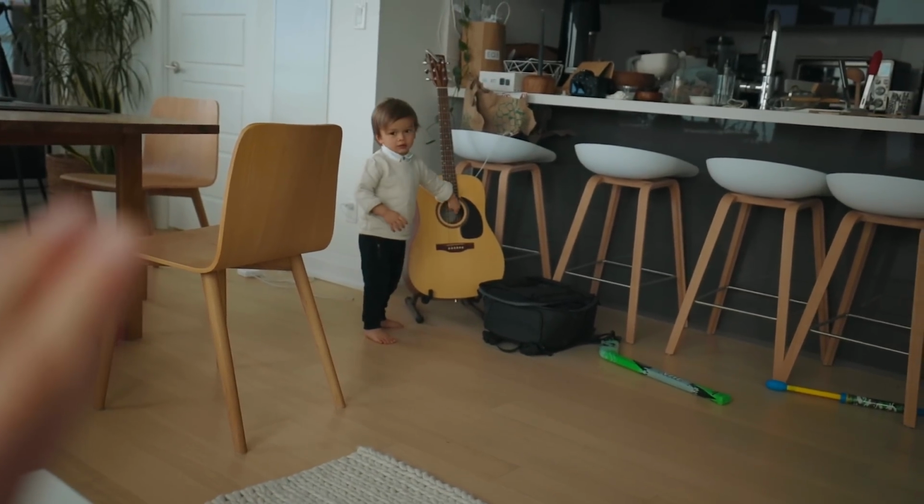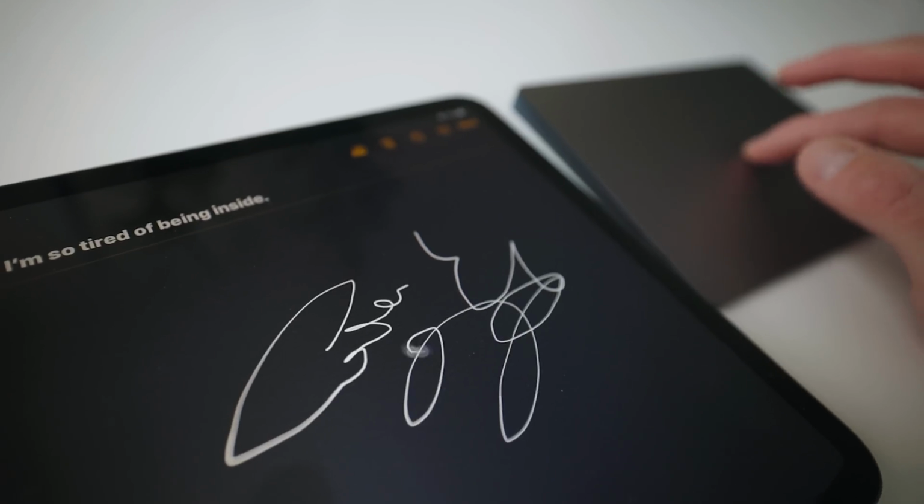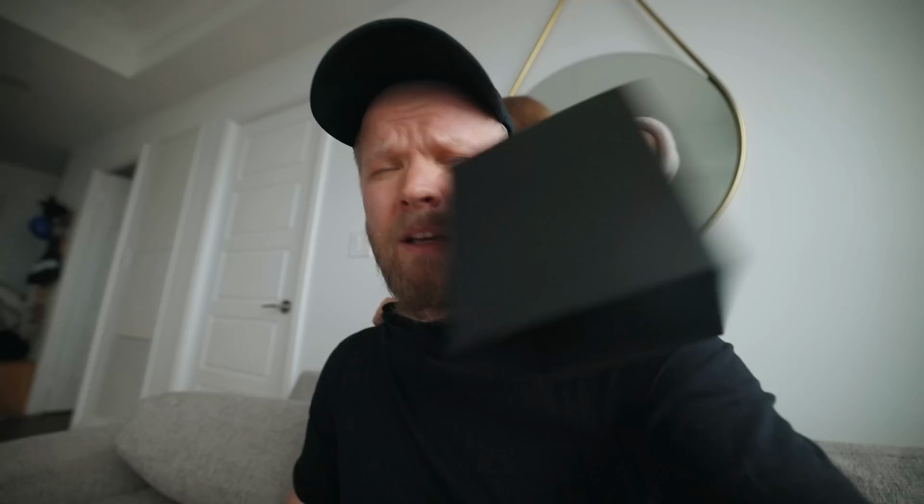Maybe later? So you can really easily highlight some of your text. You can draw with this. And then you can also use gestures, which is pretty cool. It makes it feel a lot more like a normal...